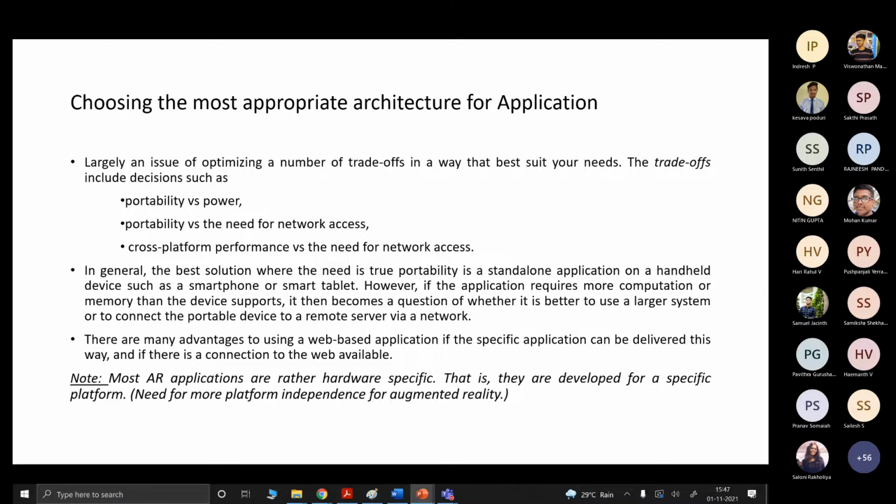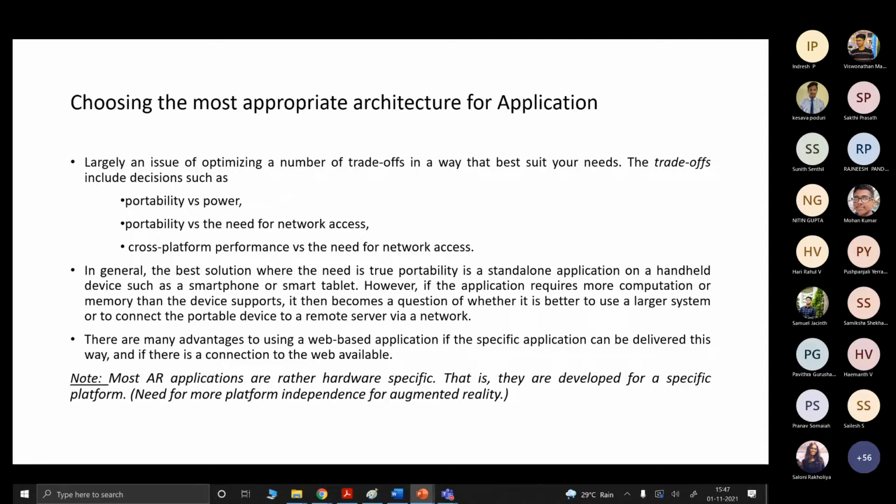Choosing the most appropriate architecture for applications. There is a trade-off between terms such as portability versus power, portability versus need of network access, and cross-platform performance versus need for network access.